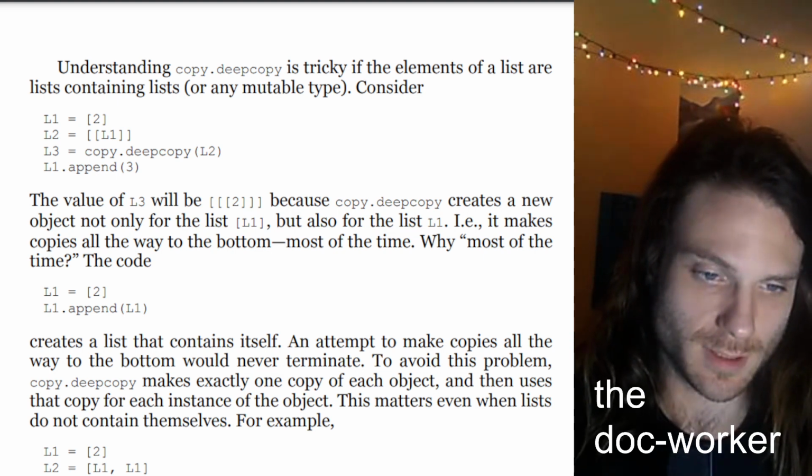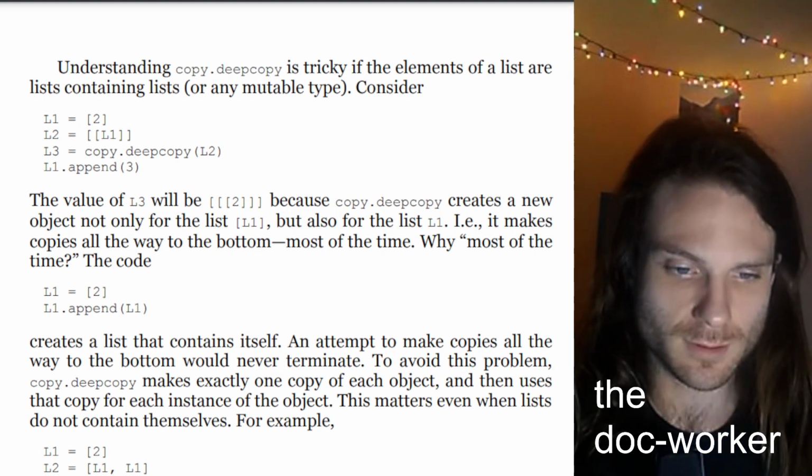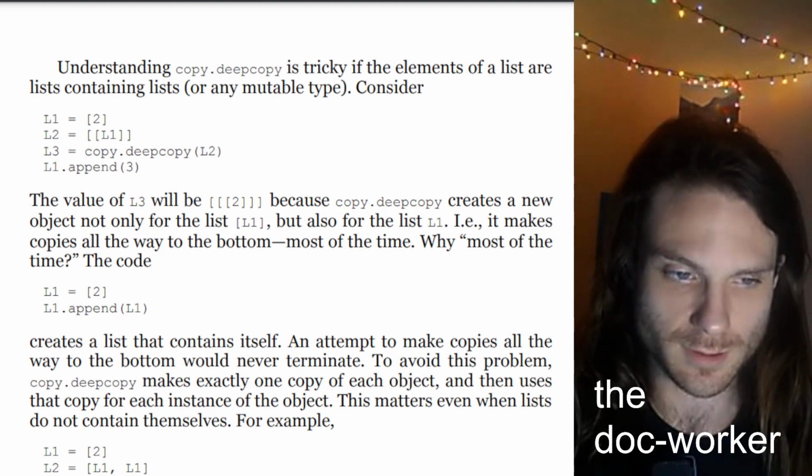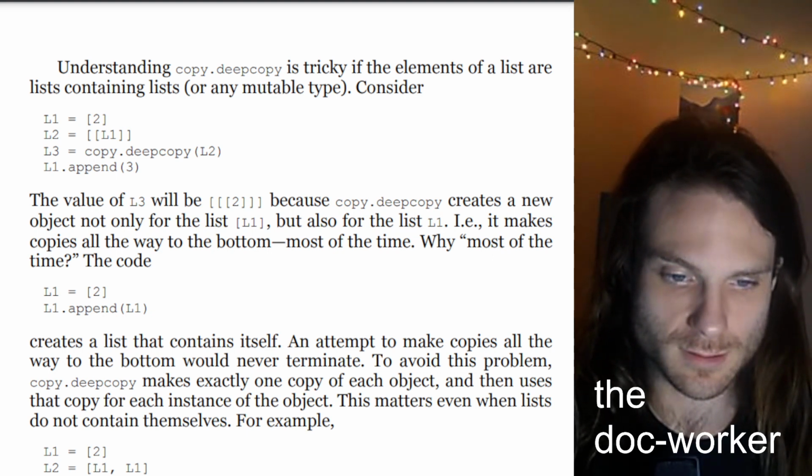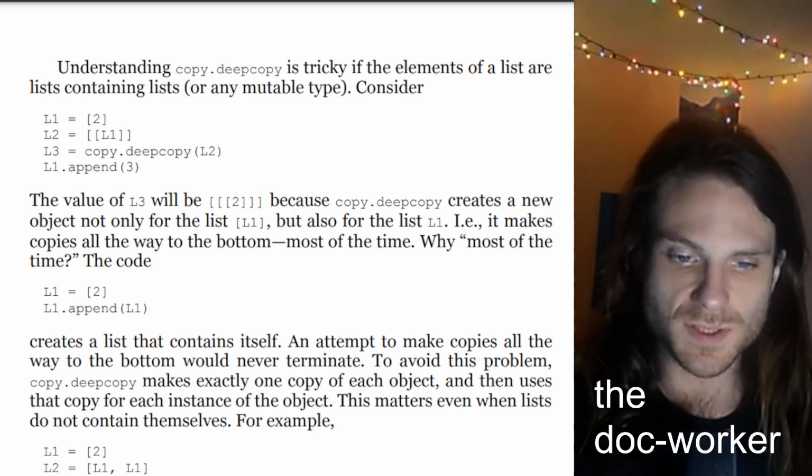Okay, consider that. The value of L3 will be, holy fuck, a doubly nested list containing one value, because copy.deepcopy